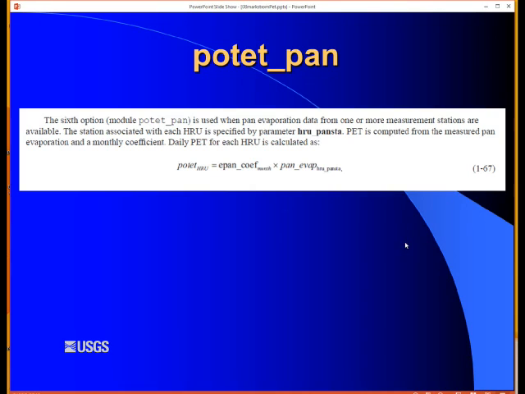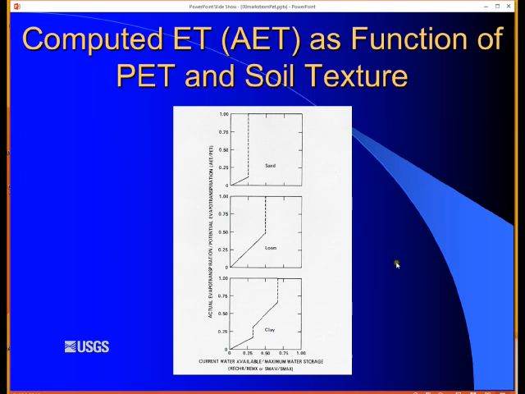And then the final option is if you have pan data, very simple equation here. You've got the actual evaporation from the pan that has to be input in the data file, and then this is a parameter, and from that you'll get the potential ET. I put this in here. Sometimes people want to know what we're actually doing with the potential ET, and what we're doing with it is